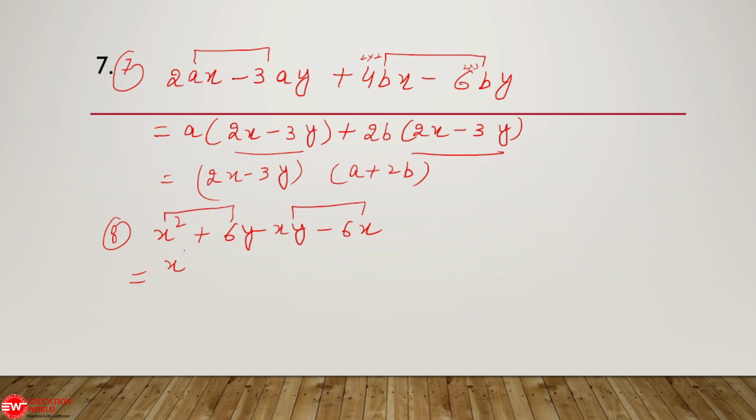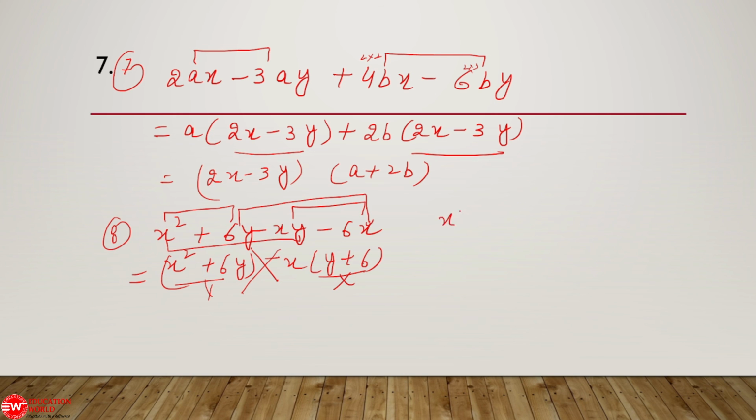See here, I will do it just to show you. Nothing is common. Here minus is common and x is common. So what am I getting? y plus 6. So this grouping is not correct. You see here, brackets are not the same. So this grouping is wrong. Now I will try another one. I will try first and third, second and fourth.